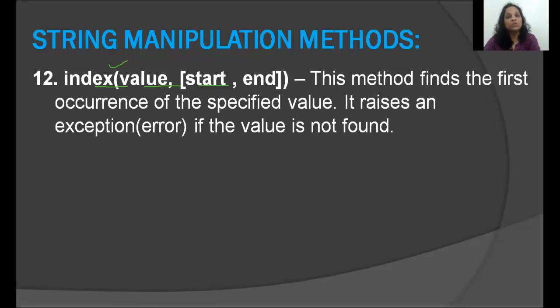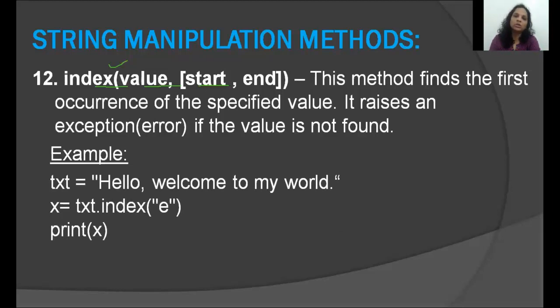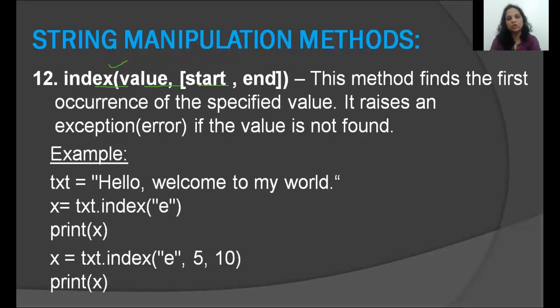Okay. The index function is also similar to the find function. Value talks about what are you searching for, start talks about from where you want to search, and end talks about where do you want to stop searching. So this is identical to the find function. The only difference here is if you're searching for something that doesn't exist, the find function returns a -1. There is no error. But in the index function, it will show you an error or an exception. Is that clear? Okay, so here also the answer is going to be the same. In this scenario, it will give me 1. And in the other scenario, when I'm searching from 5 to 9, 10 is the number at end, but we don't go till end, only till 1 less than end, it will show me 8.